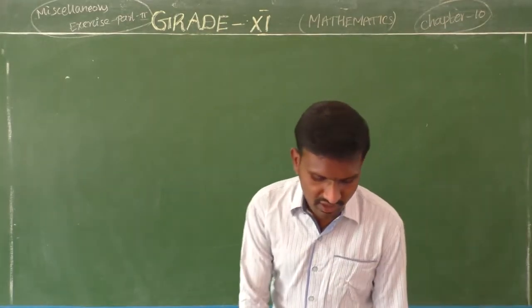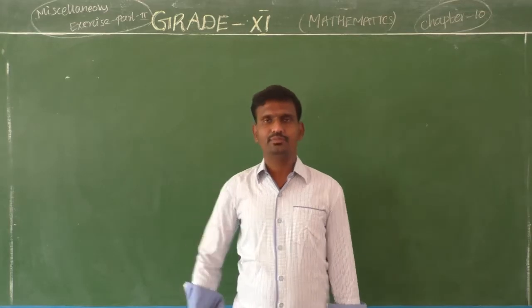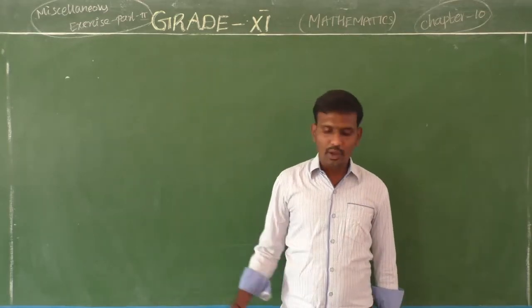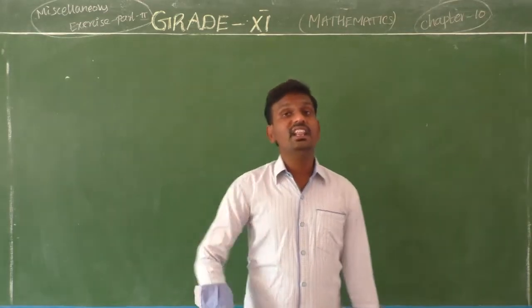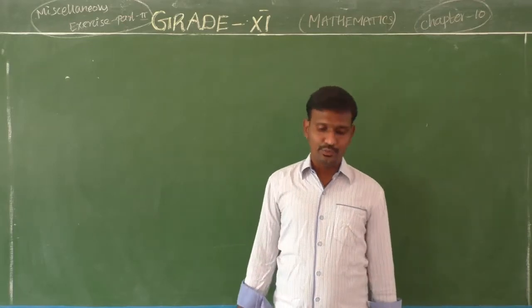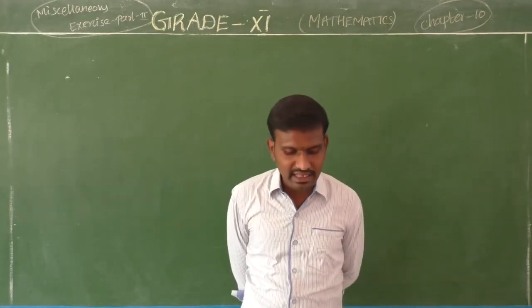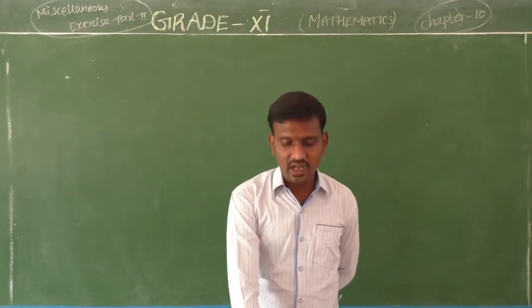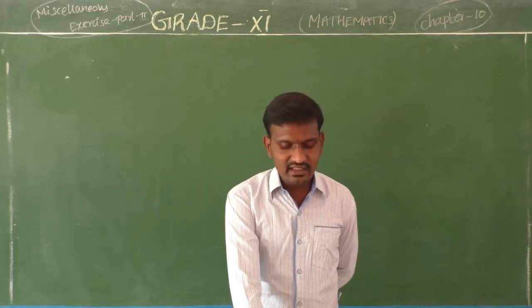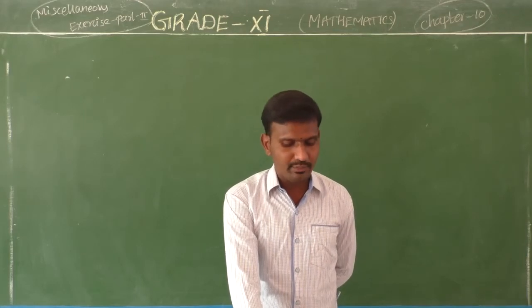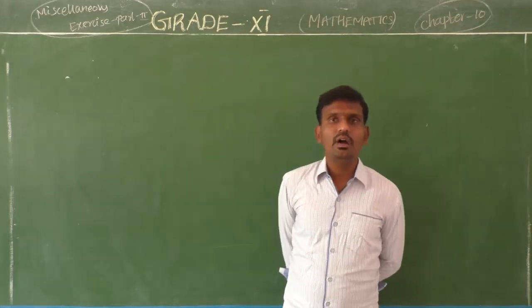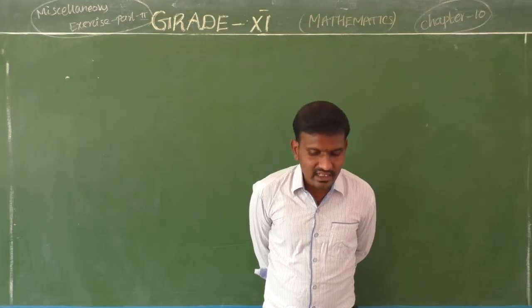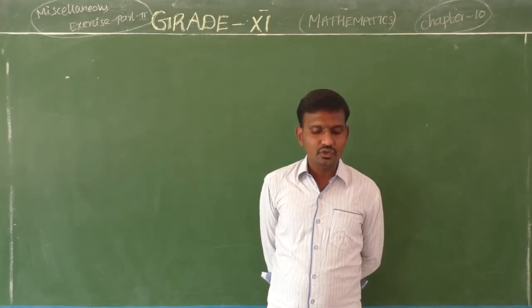Now let us move to our second question. The first question is already completed. I am reading the question, listen carefully all of you. Find the values of theta and p if the equation x cos theta plus y sin theta equal to p is the normal form of the line root 3x plus y plus 2 equal to 0.